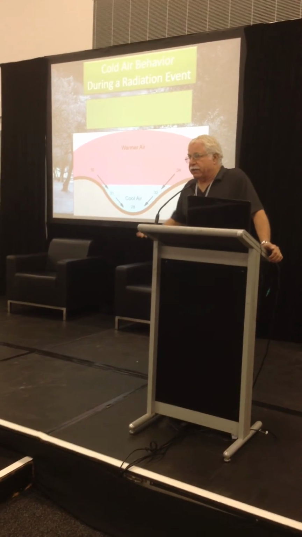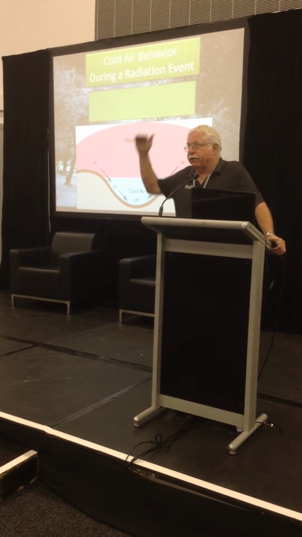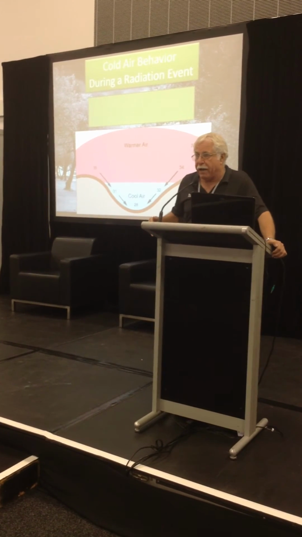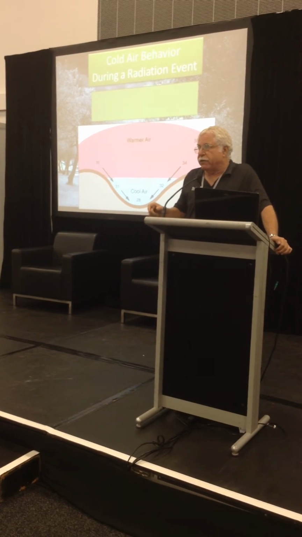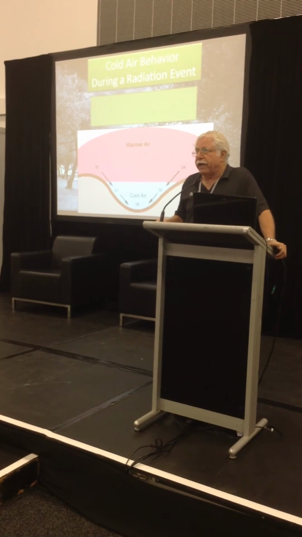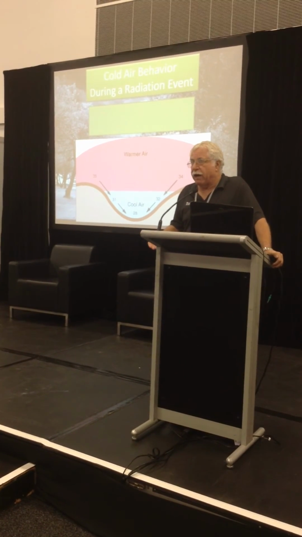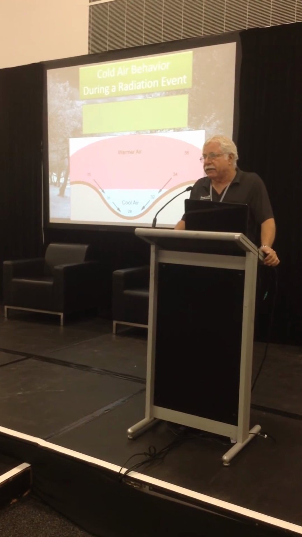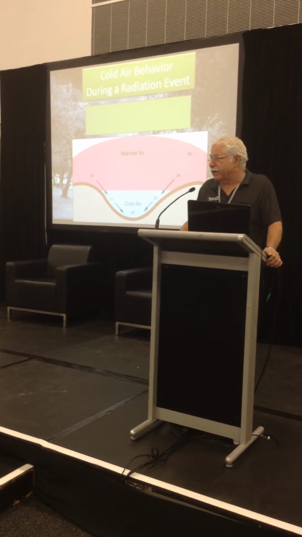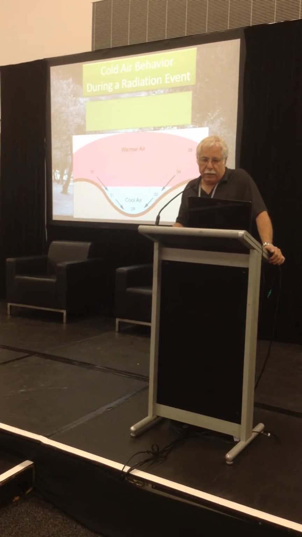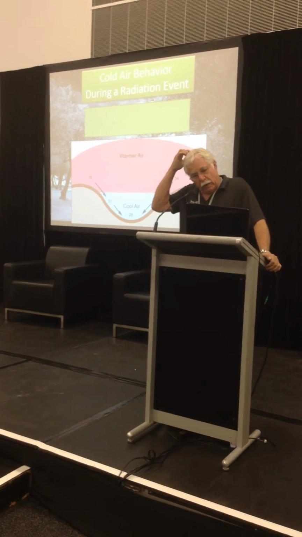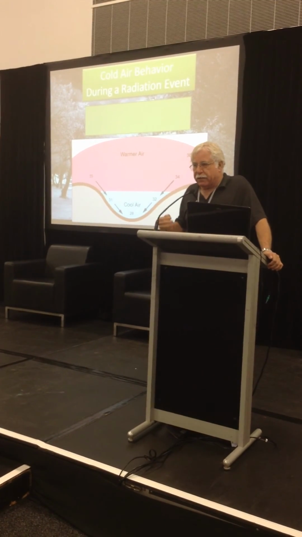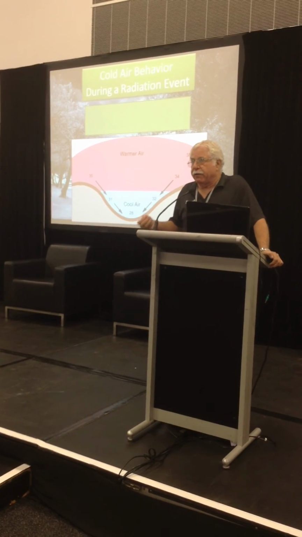That cold air layer along the ground is heavier and denser than the warmer air layers up higher, and if there's any slope at all, that cold air will start moving. It's affected by gravity. It'll start moving downhill. That's called a katabatic wind or a downslope wind. When you have this inversion layer, what I was saying is